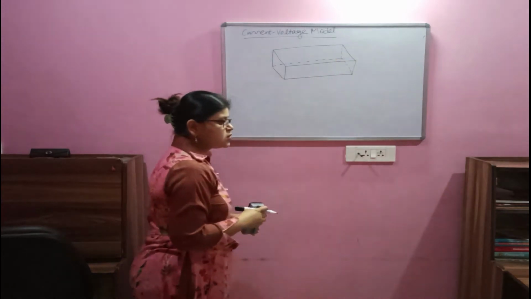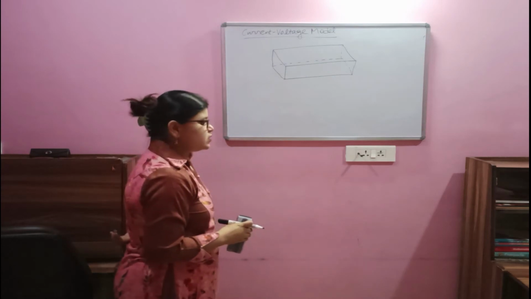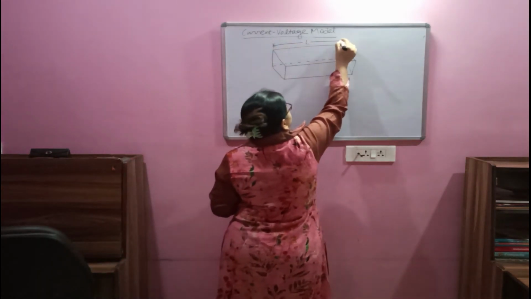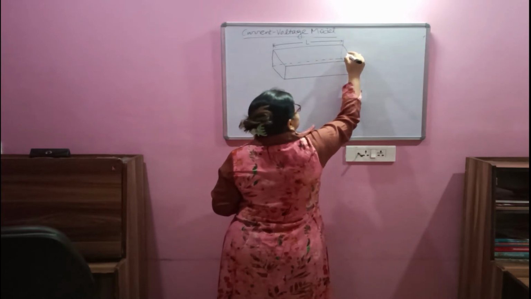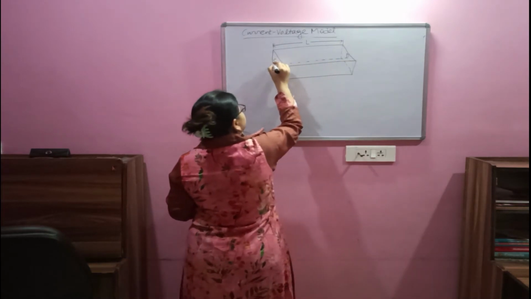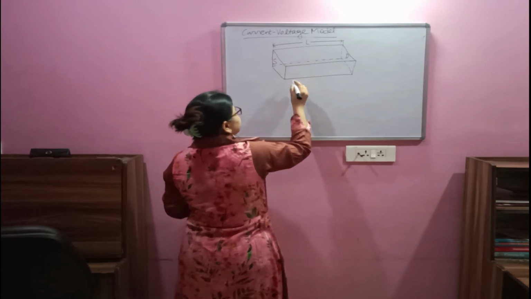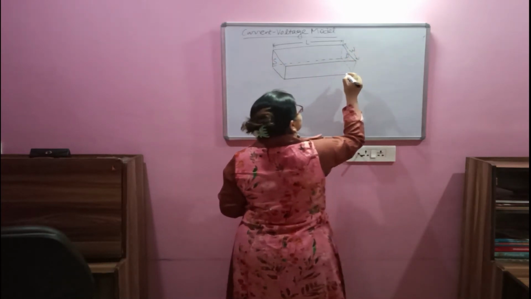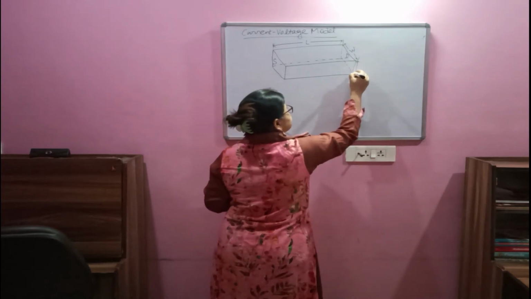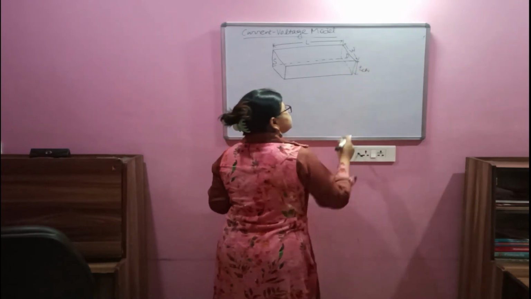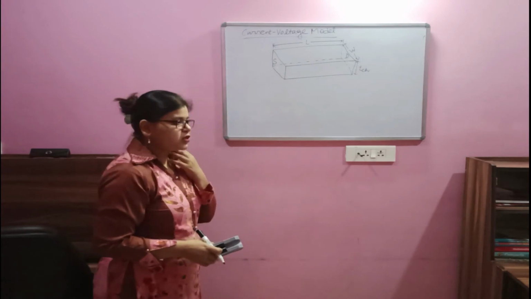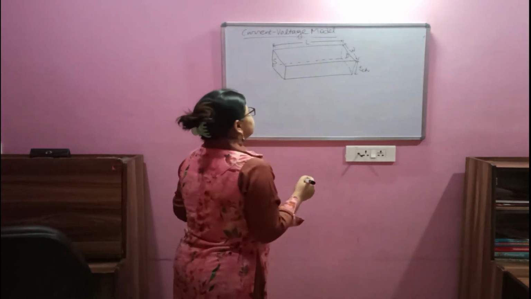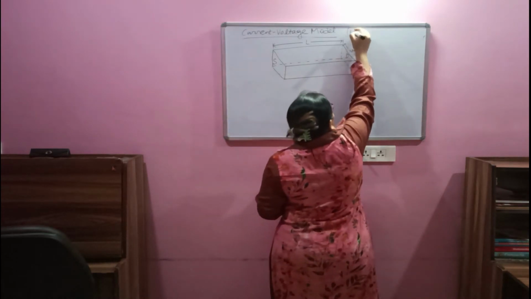Suppose this is a 3D view of a channel, and it has a length L. On this side we have a drain terminal, and here we have a source terminal. The width of this channel is W, and the thickness of this channel is given by T suffix CH. I am considering the NMOS device again here.